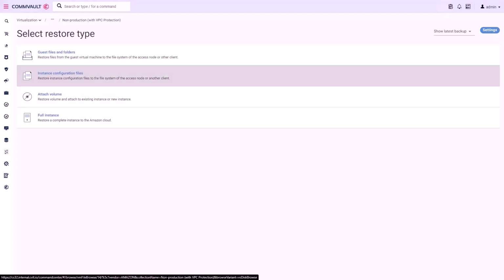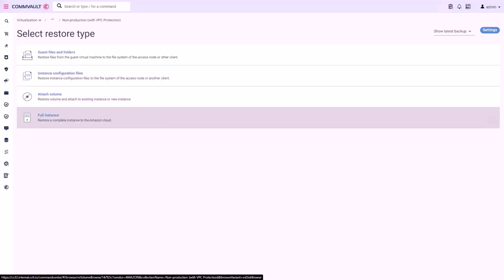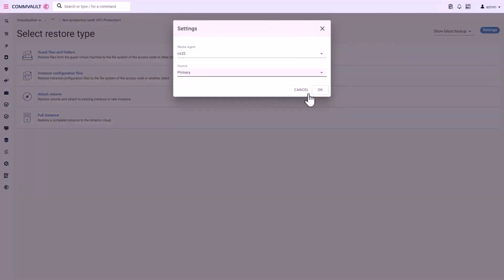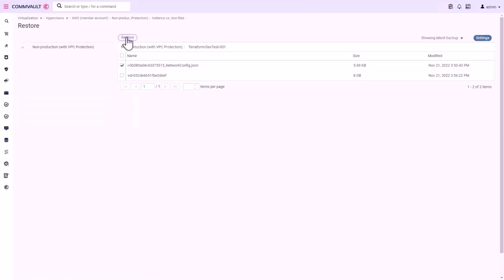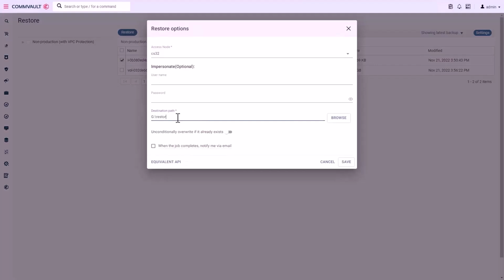Amazon VPC protection has added a new restore type. You can restore your instance configuration files, which includes all Amazon VPC resource configurations in JSON format. You can also restore your Amazon EC2 instance along with VPCs, subnets, and security groups. Let's restore our instance configuration